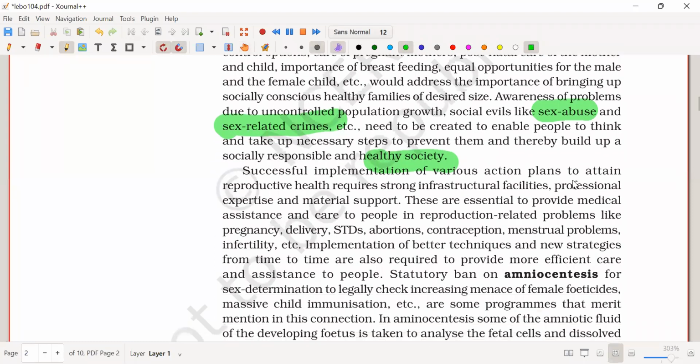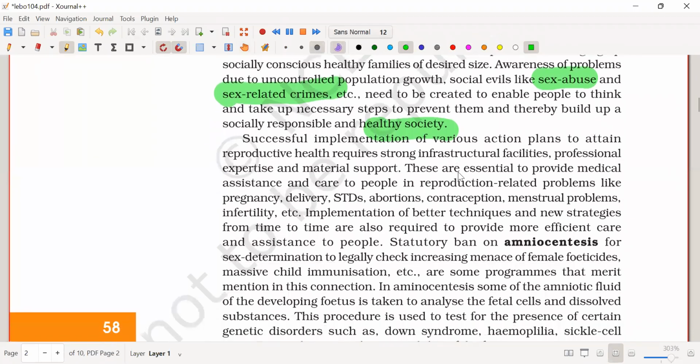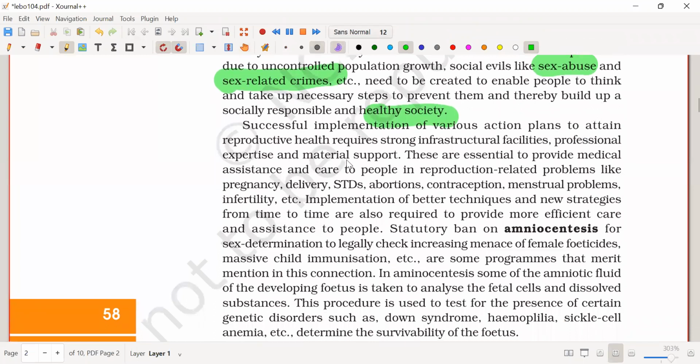Successful implementation of various action plans to attain reproductive health requires strong infrastructural facilities, professional expertise, and material support. These are essential to provide medical assistance and care to people in reproduction-related problems like pregnancy, delivery, STD, abortions, contraception, menstrual problems, infertility, etc. Implementation of better techniques and new strategies from time to time are also required to provide more efficient care and assistance to people. Statutory ban on amniocentesis for sex determination to legally check increasing menace of female feticide,